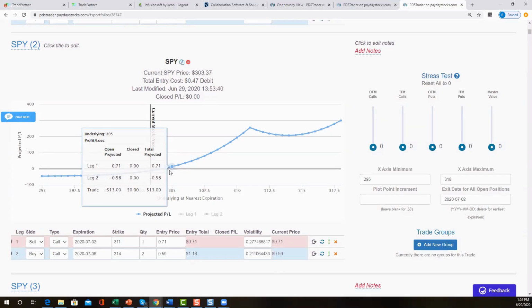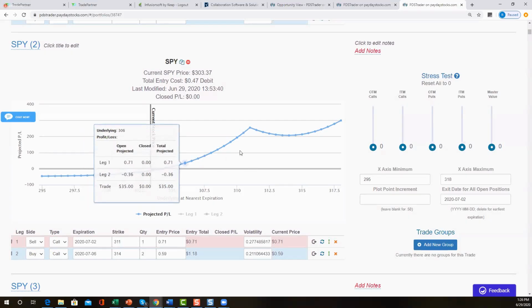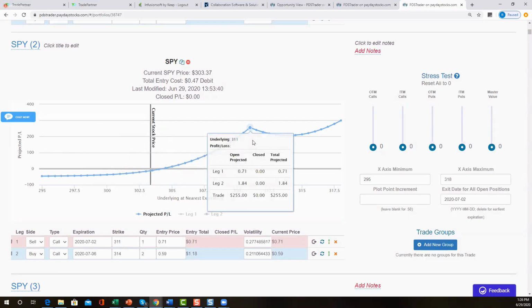If the market goes up, right, if the market goes up on a single bullish trade, not double, a single bullish trade, it's projecting a profit potential of 250. Probably not going to be 250. And the reason is because the 314, in order for that to be a profit of 250, the 314s are going to need to be worth about $1.25 a piece. And they're probably going to be closer to $1 a piece.